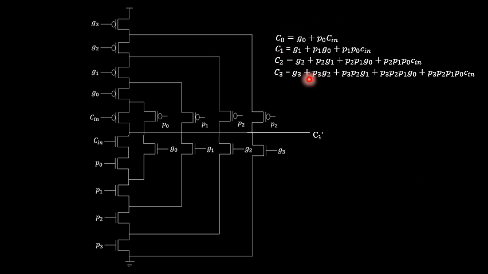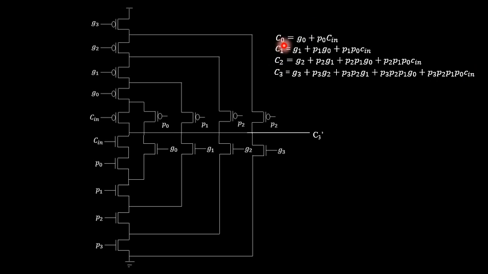From my first slide, wherein I explained how to write the equation for each individual carry output, I am once again going back to that concept, wherein I have designed by making use of a CMOS logic structure. As we have already designed different types of logical circuits as well as complex circuits using CMOS logic structures, you may just recall the concept. CMOS logic structures are a combination of PMOSFET as well as NMOSFET, wherein the pull up part is reserved for the placement of PMOS transistors and the pull down part is reserved for the placement of NMOS transistors.